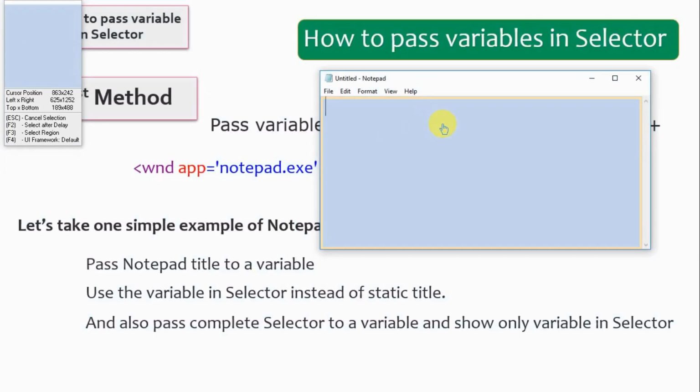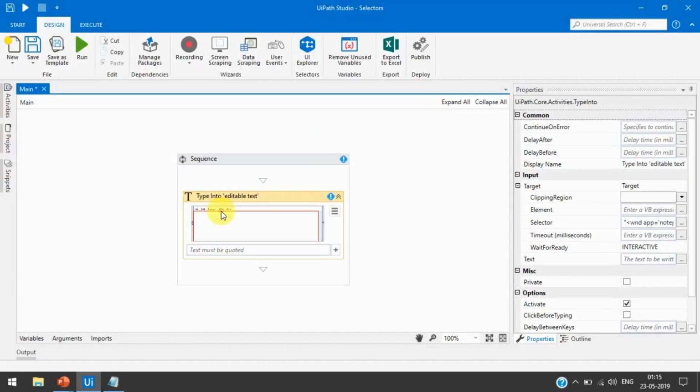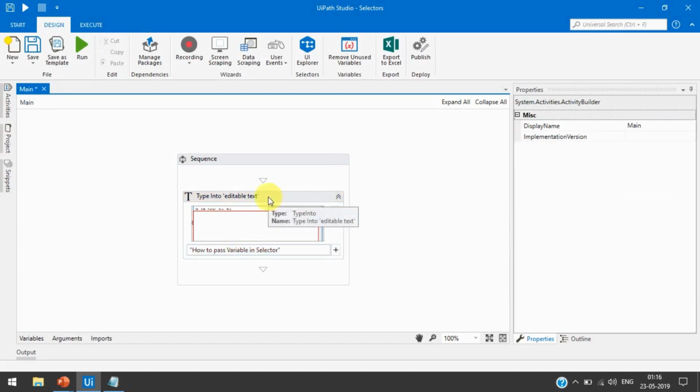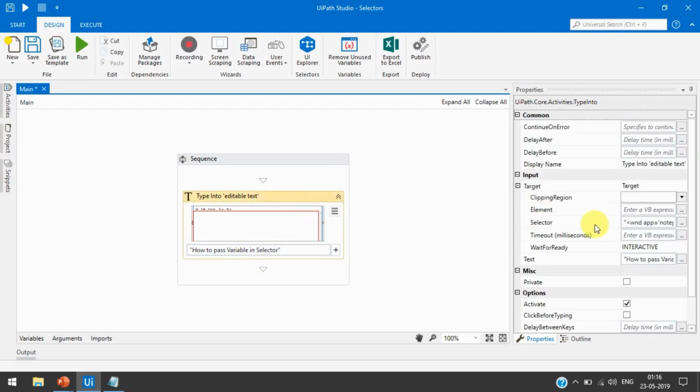Click on the empty area of Notepad, and we will write here: how to pass variable in selector, right? We are just taking this type into activity to write this in Notepad.